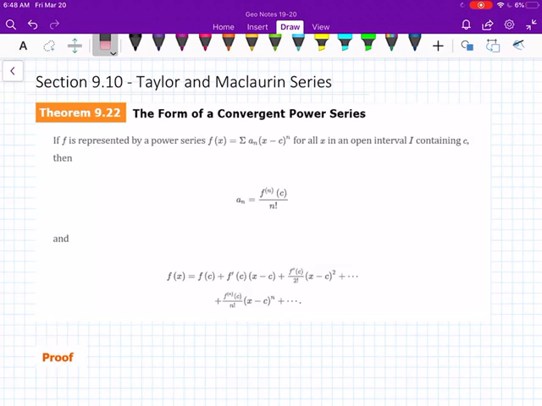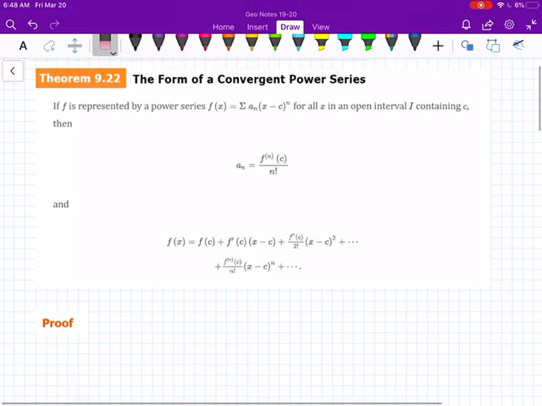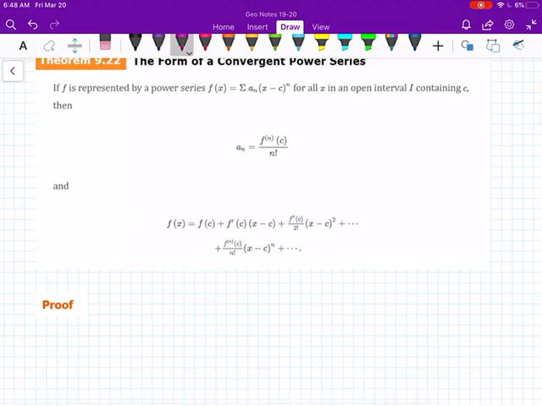So this is very similar to the Taylor and Maclaurin polynomials, except now we're doing the infinite version. So let's go ahead and prove this. So the first thing we need is to consider a series. So consider the power series